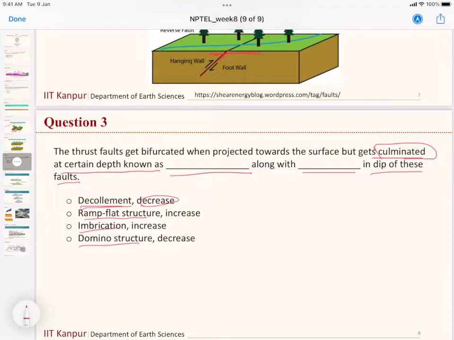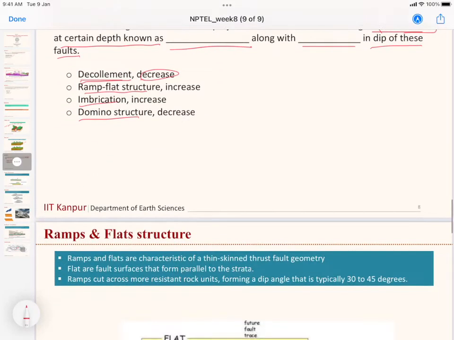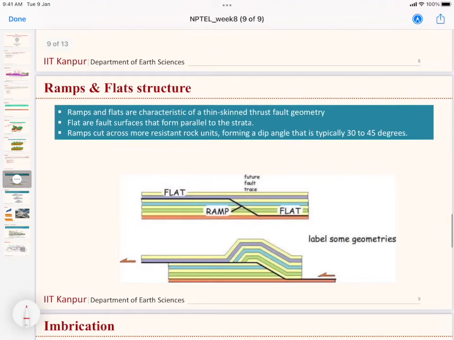So if I'll go one by one. First, let's understand what are the ramps and flat structures. From this illustration, you can see that in the first scenario, the first figure that I am marking with 1, we have a flat boundary or the flat rupture, and then there is a ramp, which is the inclined one, and again we are